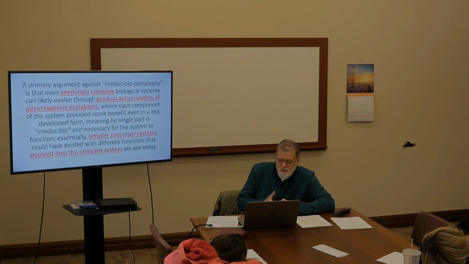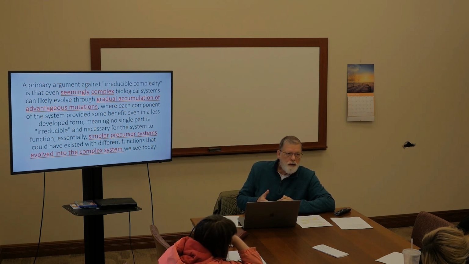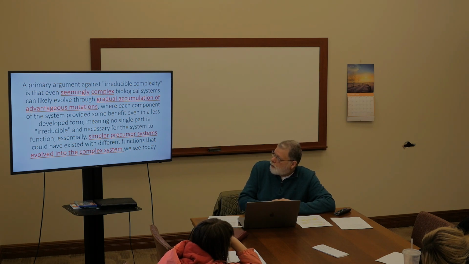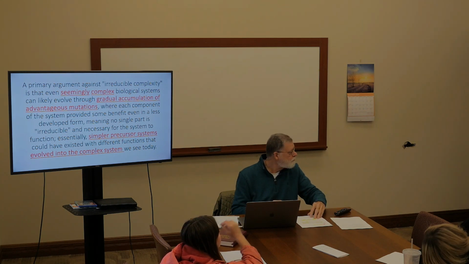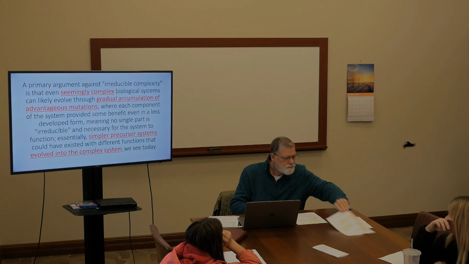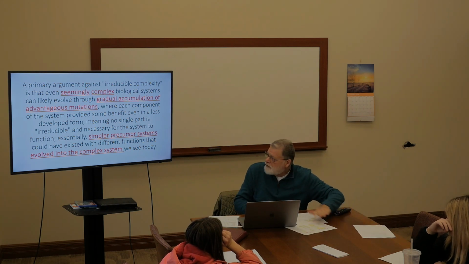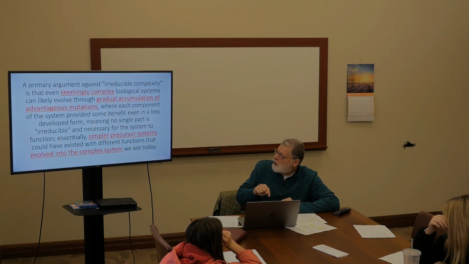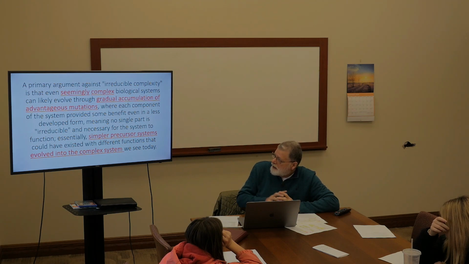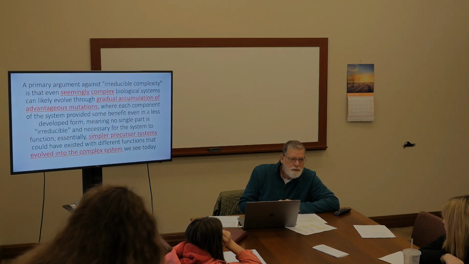And I'm trying to decide which short video I'm going to show you here in the near future about what they mean by that as far as mutations. Where each component of the system provided some benefit even in a less developed form,